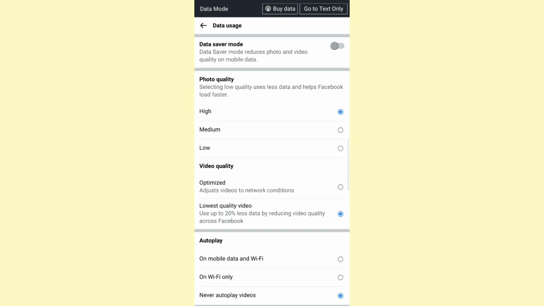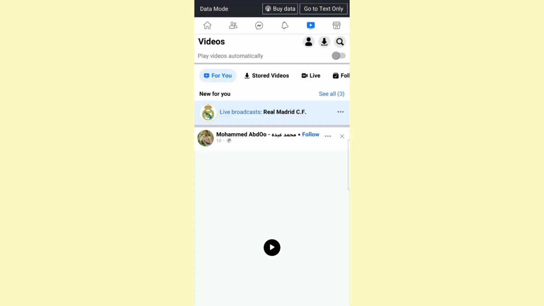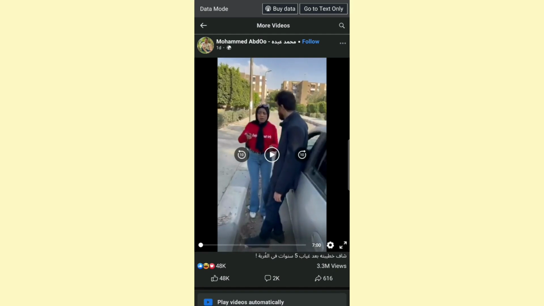The second option is to set a low quality per the video itself. So for example, if you are watching a video, say for example this one, and the video is set to high quality, what you can do is click on the setting gear icon at the bottom right corner of the video